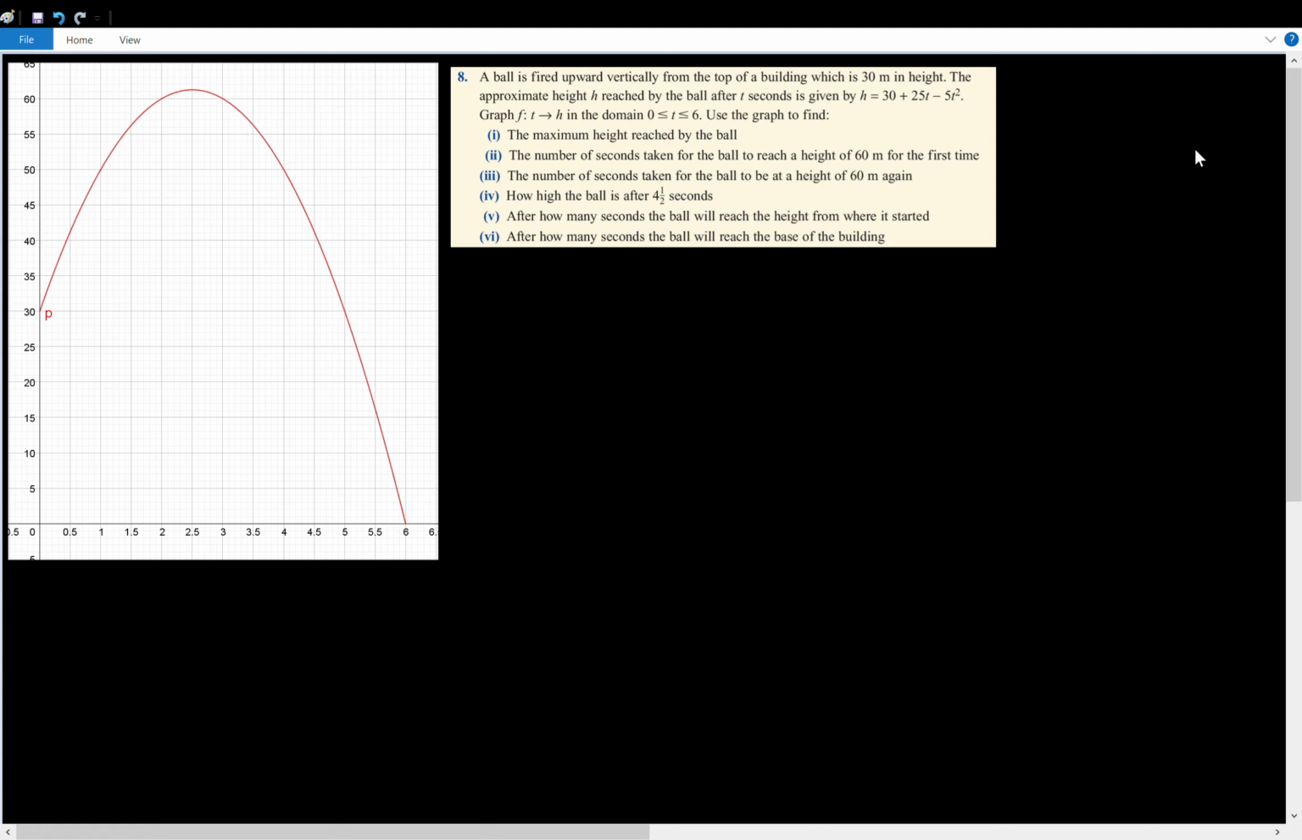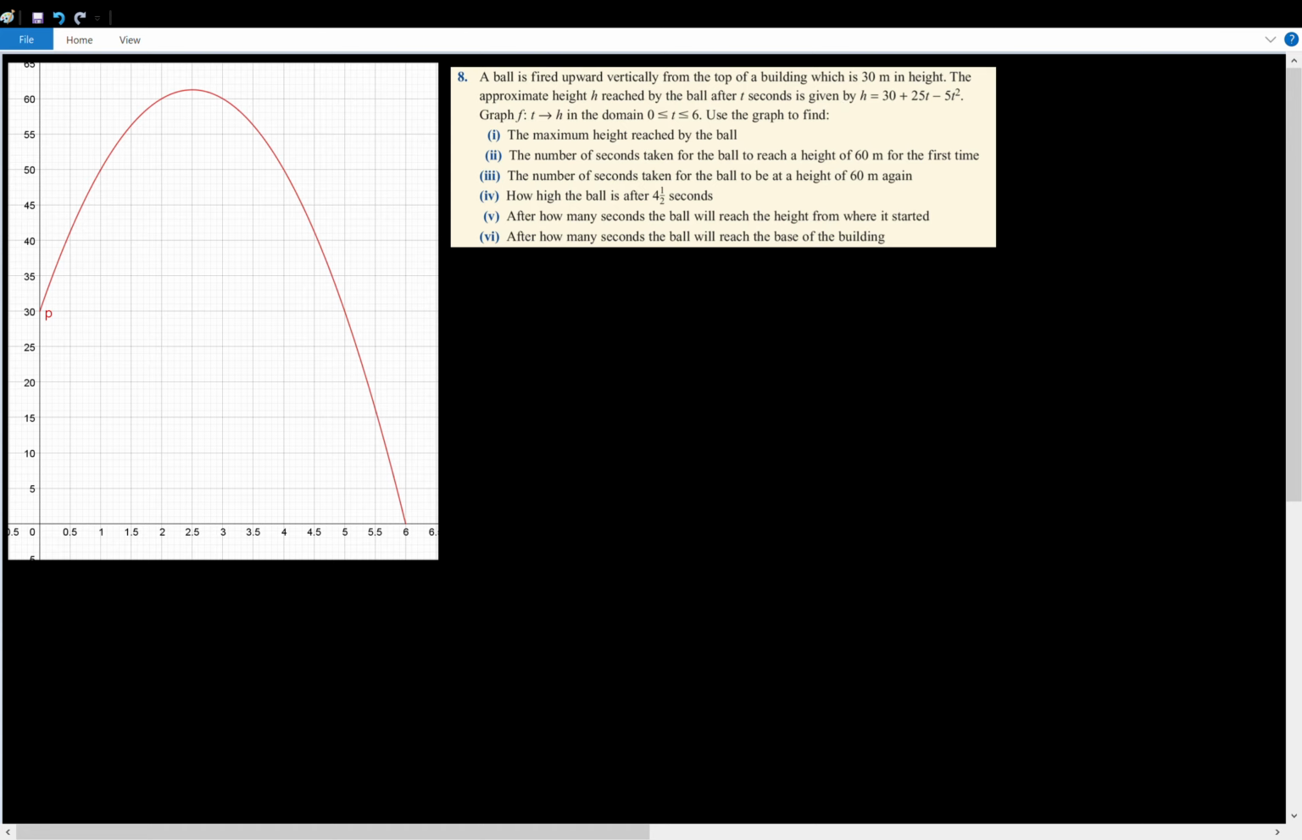This is question 8 in exercise 21.6 in Project Maths 2. A ball is fired upward vertically from the top of a building which is 30 meters in height. The approximate height h reached by the ball after t seconds is given by h equals 30 plus 25t minus 5t squared. So we have to graph the f of t in terms of h in the domain 0 is less than or equal to t is less than or equal to 6, and we've got to use our graph